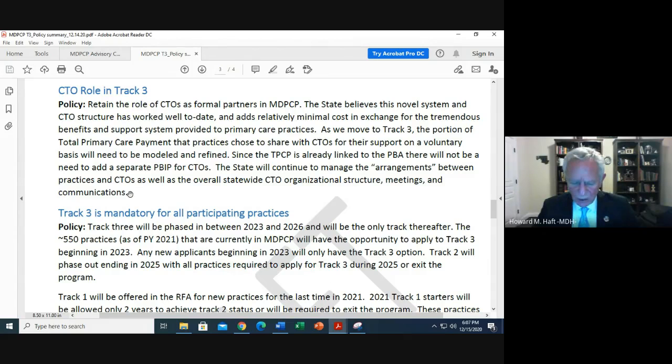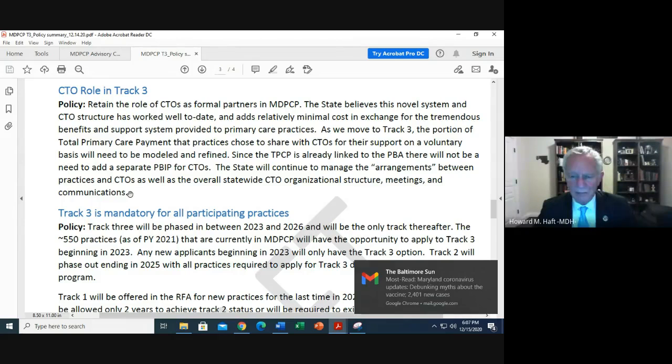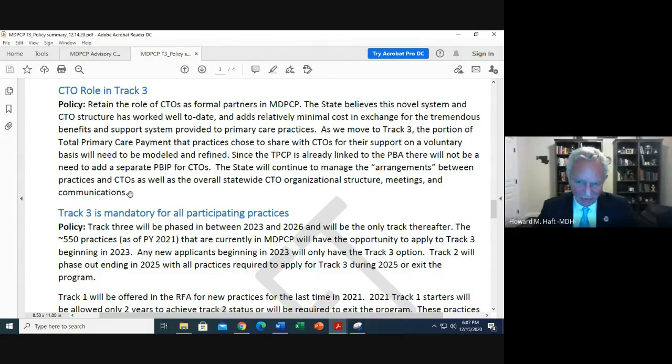What they don't want is to have those payments come directly from Medicare and have to have a participation agreement with Medicare. They would rather that the practices be paid, and then the practices peel off money and pay the CTOs individually based on whatever arrangements they have. We had talked about this